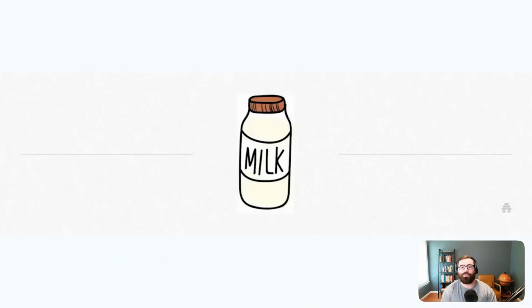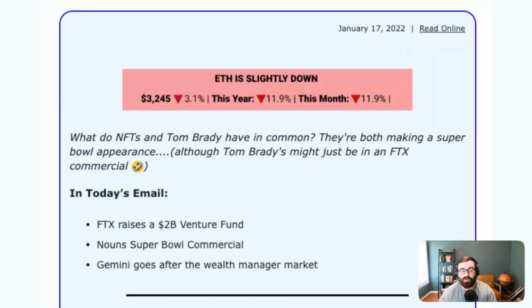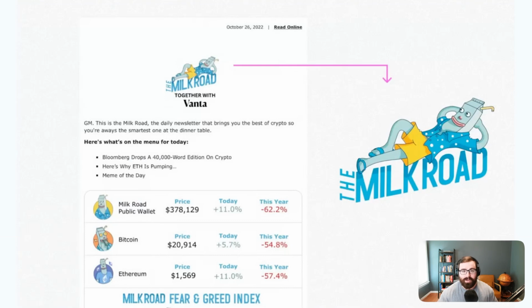10 months. And we started the Milk Road newsletter with a shitty logo like this that we built in Canva in a couple minutes. And it wasn't until we reached 100,000 subscribers where we actually rebranded the newsletter and built a better brand, a cooler logo, and a slick website. So we waited until then to actually add the fancy brand and all the details. Until we got to 100,000 subscribers, we just focused on growing the newsletter, writing the content, and monetizing it. Just the things that mattered most.